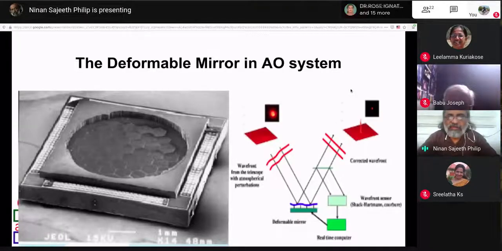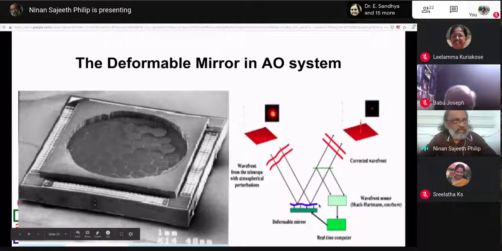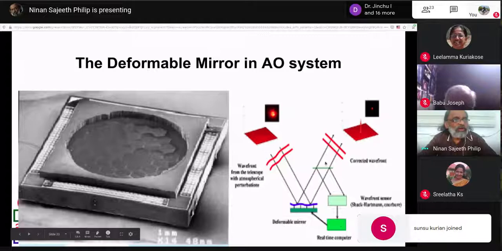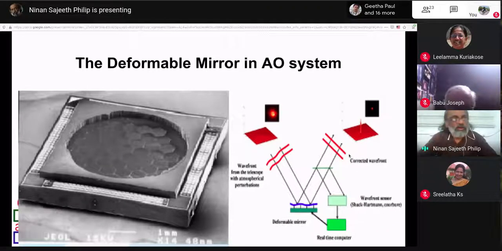So in the final system, what you have in an adaptive optics is the distorted wavefronts that are coming in. It falls on the deformable mirror, which is deformed by a feedback circuit, which makes sure that the wavefronts are coherent, or are just straight lines or plane wavefronts as we design. And if we are able to do that, we get a very sharp image as we see here, instead of this blurred image that we get in a traditional way.